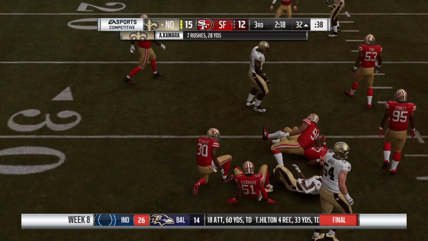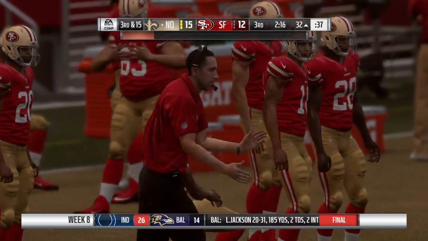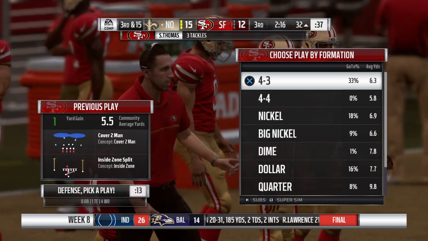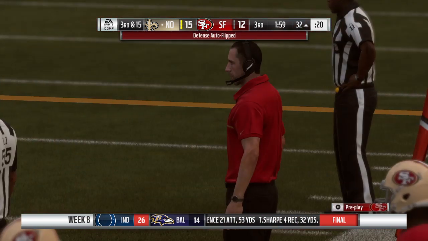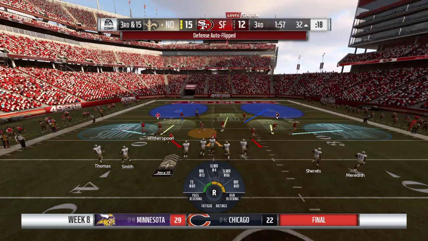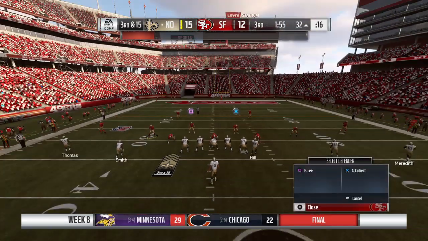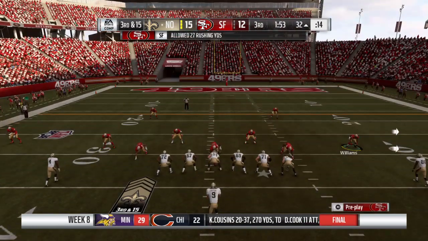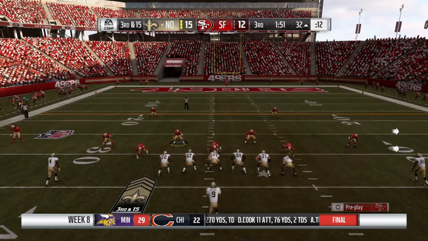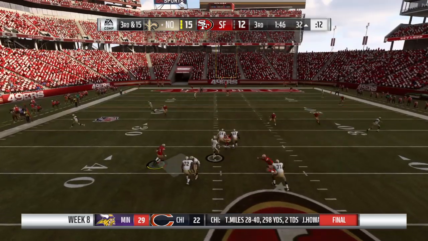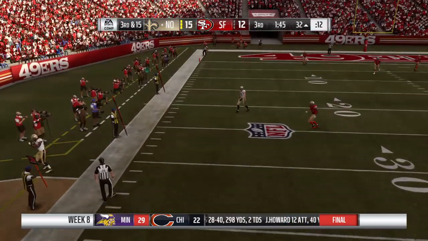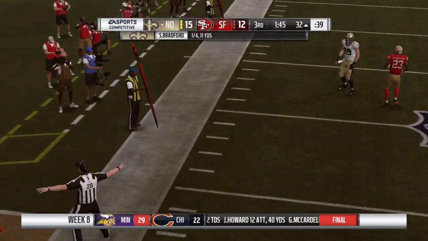And not much running room. Down to the 32. They get just a yard back there, and now they'll be looking at a tough 3rd and 15. Sometimes with the running game, you've just got to stick with it. Look, it's the third quarter, no time to panic. But that also doesn't mean you just do it the same way you've been doing it the entire ball game. Maybe change up some blocking assignments or run a few different plays, but stay with the overall essence of the running game. And that is incomplete.